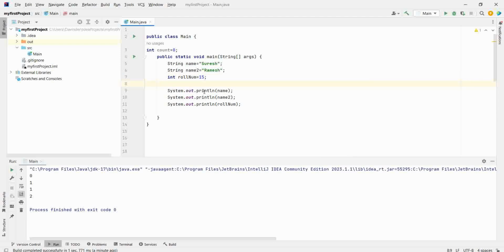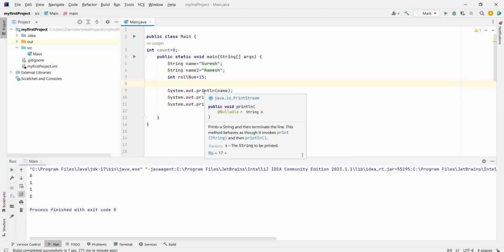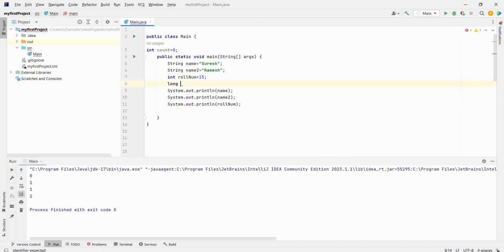If you want to save any value which is a digit but a very long value, then instead of int you will use long. Marks equal to 1 2 3 4 5 6, this is your value. You will use L for long.